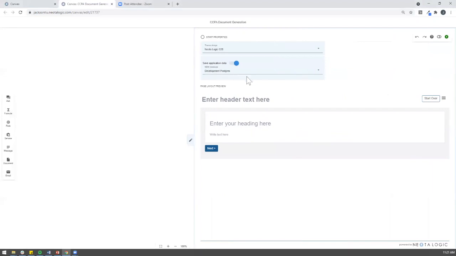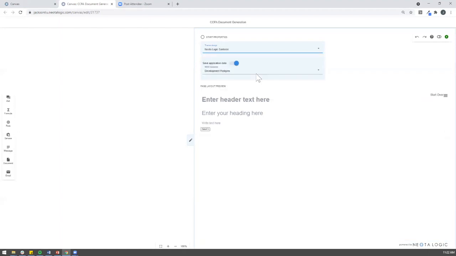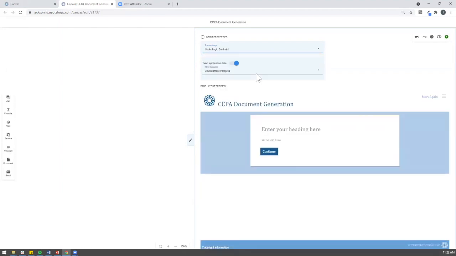There's a few pretty cool features with the ability to customize Canvas apps now. First one is theme design. It allows the user to set a predefined theme to the application. So you can use a pre-built theme you built out yourself or use one that our UX team has designed. Here, I quite like the Santorini theme. So let's type that in, search for Santorini, and you'll see a little preview of what that theme looks like